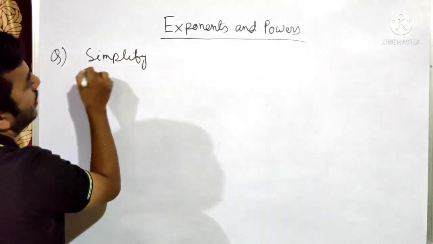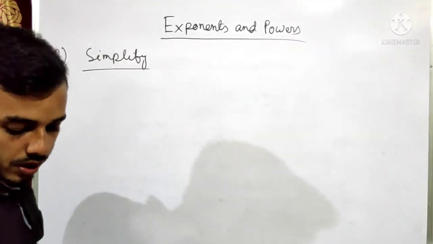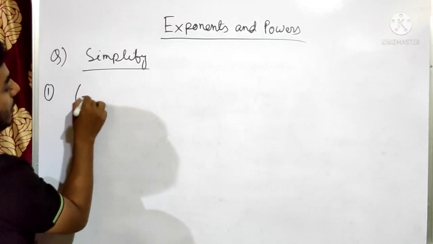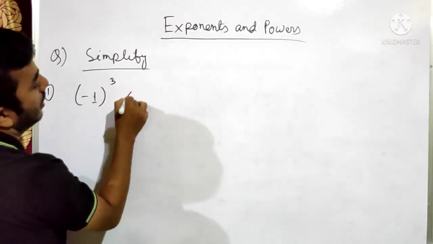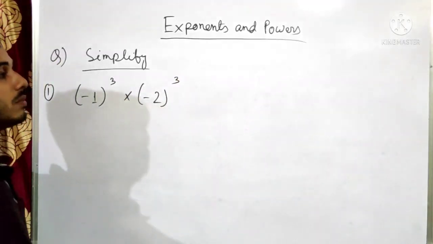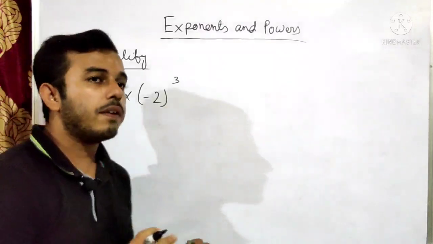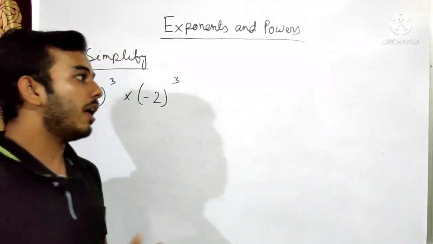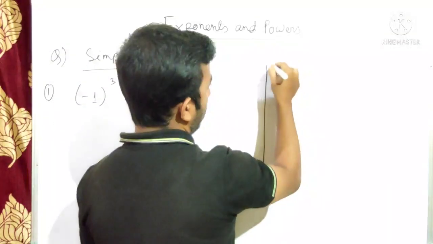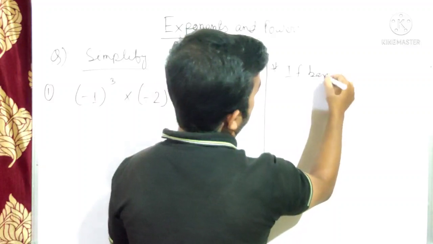Simplify. Okay, so question number 1: (-1)^3 into (-2)^3. Okay, so look, if the base is negative, note these 2 points in your copy. If the base is negative